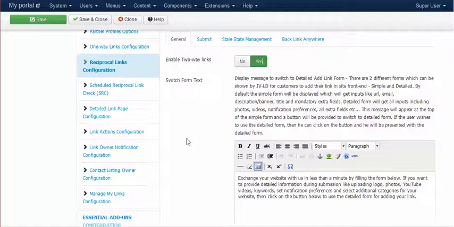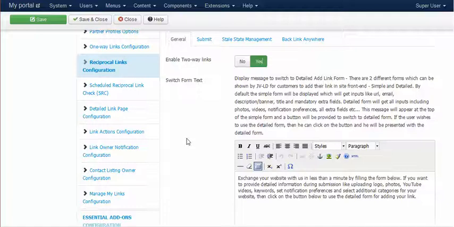Now you can in fact get more information about your partner, like asking him to upload YouTube videos, his photos, and so on, even for example his logo, etc. if your partner switches to the detailed form in the front end. So in a sense, JV Link Directory gives you two kinds of forms.